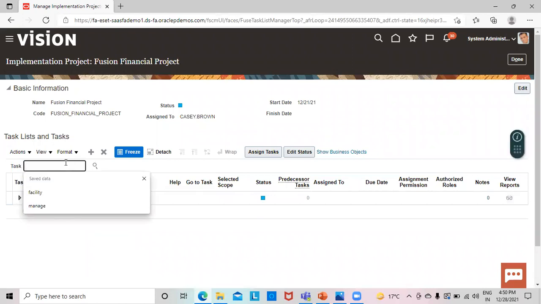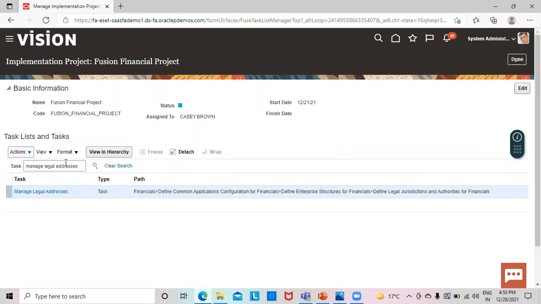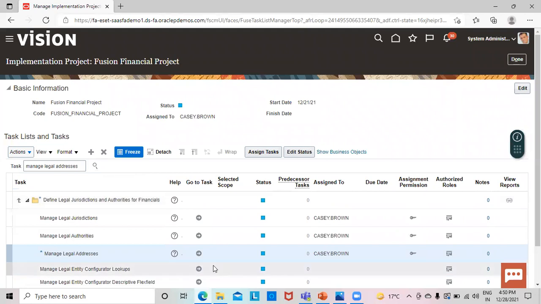And over here, we'll first create the legal address. We'll search for the task Manage Legal Addresses. We'll select this hyperlink and then click on Go to Task.